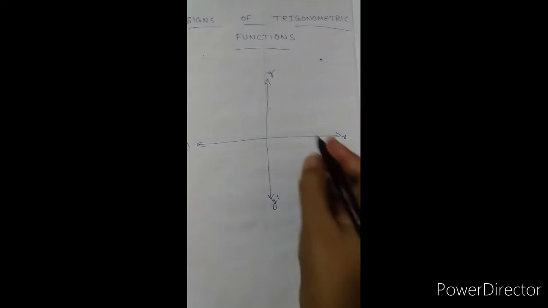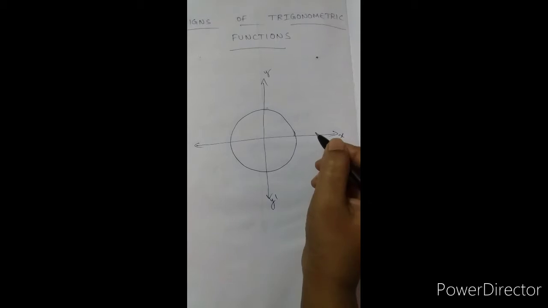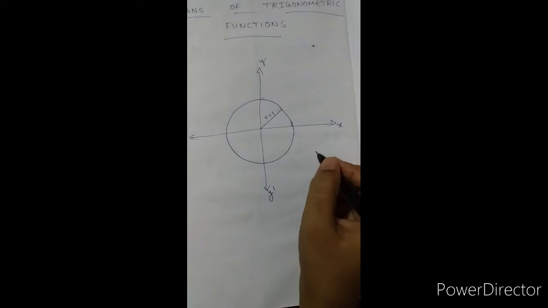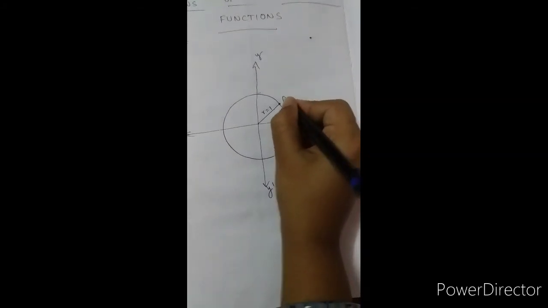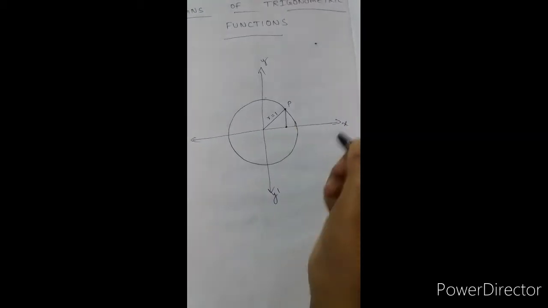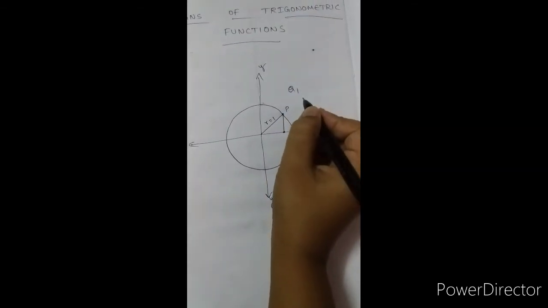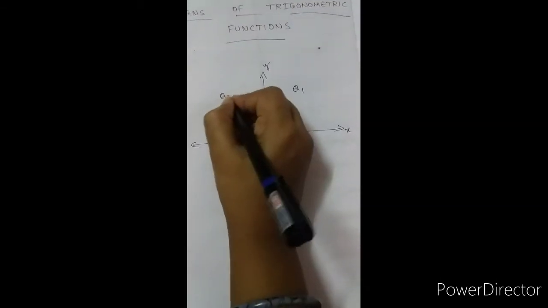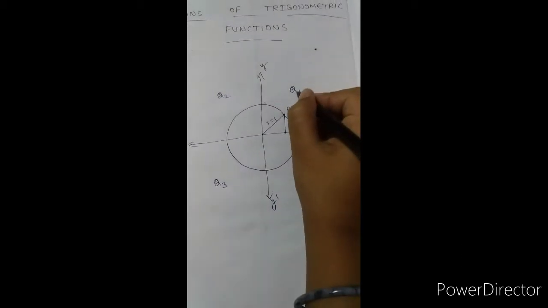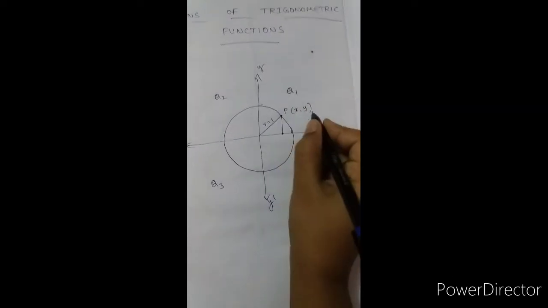Okay. So now I am constructing a unit circle. Unit circle means it has a radius of 1 unit. Okay, so this is a point P and join this to the x-axis. So this point is also in quadrant 1. We have 4 quadrants in the coordinate plane, that is quadrant 1, quadrant 2, quadrant 3 and quadrant 4. In this quadrant 1, P is one of the points.